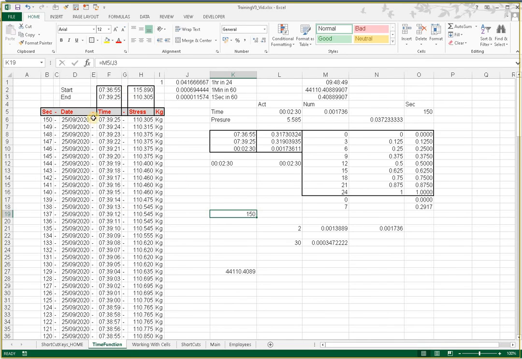So working with time, the easiest way is to leave it in the format that it comes, which is the format of time, remembering that it is a number, and working with it. So subtracting those two times, we get to 2.5 minutes, which is, again, part of the day. It is not the time 2.5 minutes after 12, but 2.5 minutes from beginning to end. This is what I wanted to show,